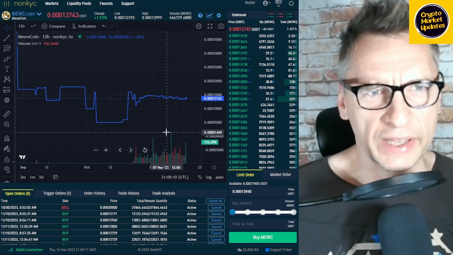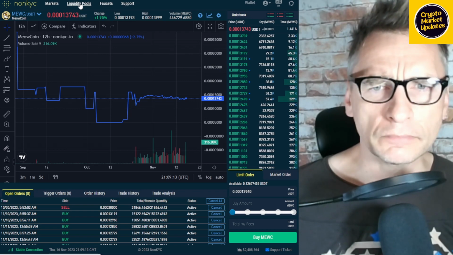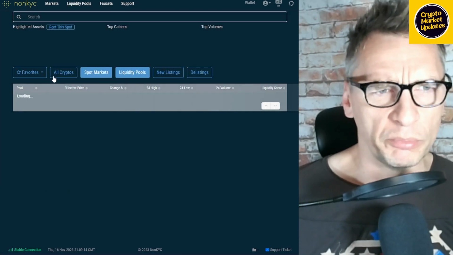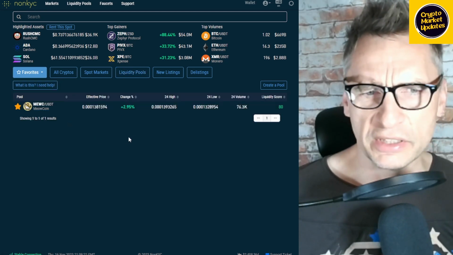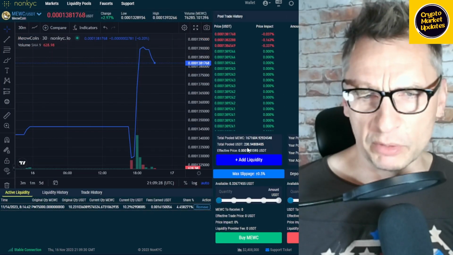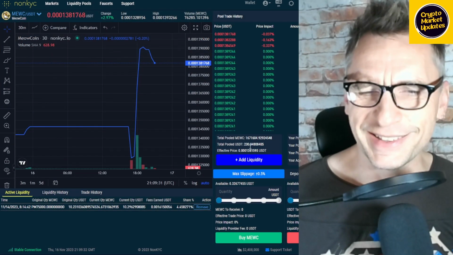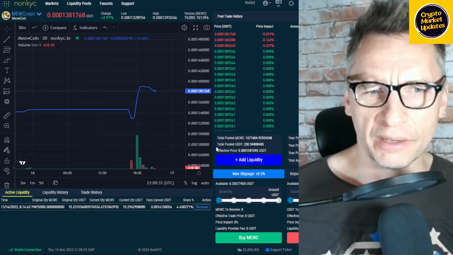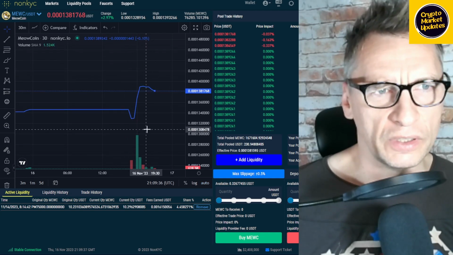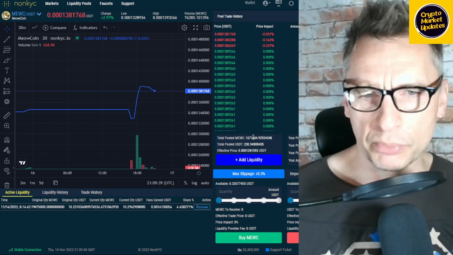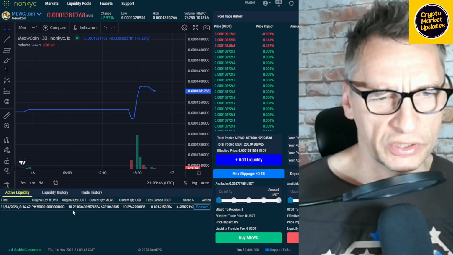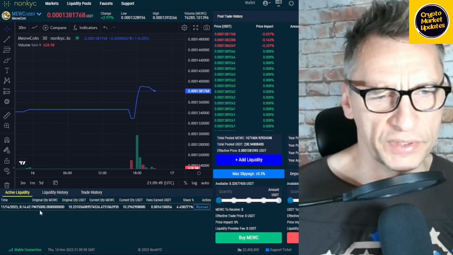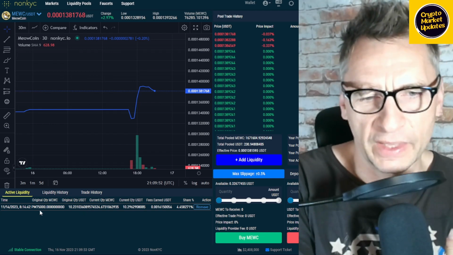In any case, I would like to add some more to the liquidity pools, because the liquidity pools on MEWCoin are very low here on the non-KYC exchange. It actually went up a little bit. It's $230 right now. Literally, that's the entire liquidity for the entire market for MEWCoin here, which makes up, what is it, 1.6 million MEWCoin in circulation here, which is not a lot. I have one liquidity pool, where I added $10 and the equivalent of 75,000 MEWCoin, and